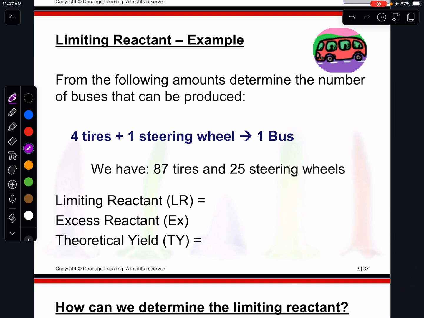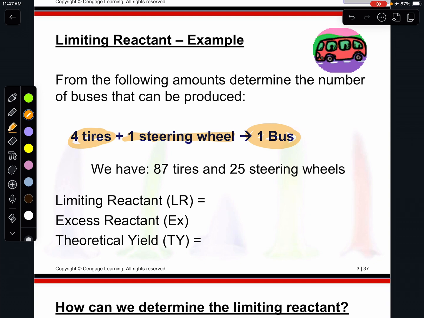So we're going to go ahead and look at another example using wheels. So if we have 4 tires to be utilized to build a bus, and we need 1 steering wheel, and 1 bus is created from that. And let's say we have 87 tires and we have 25 steering wheels. So the first thing we want to do is figure out how many buses can be created